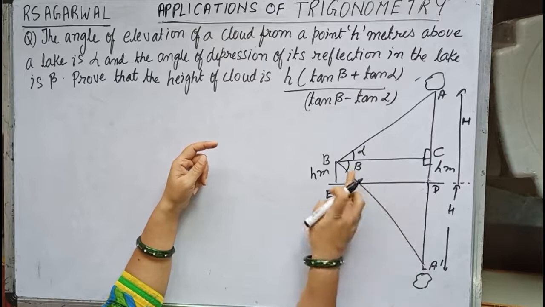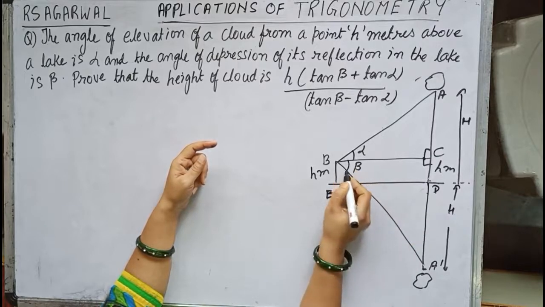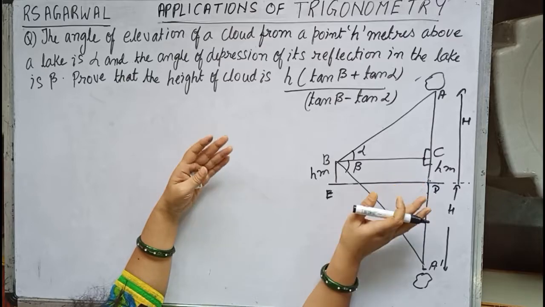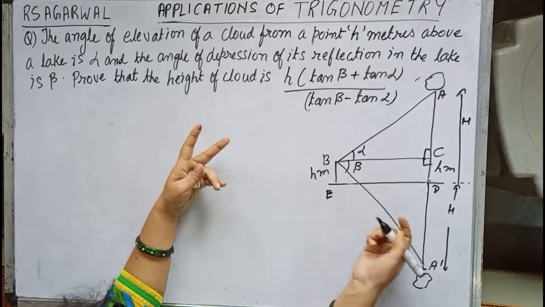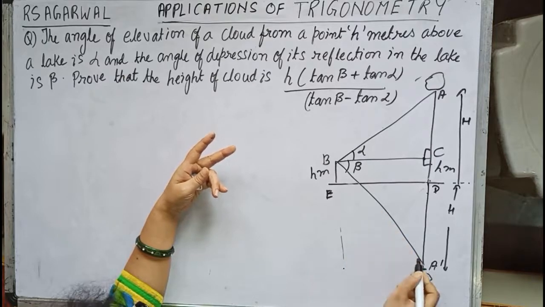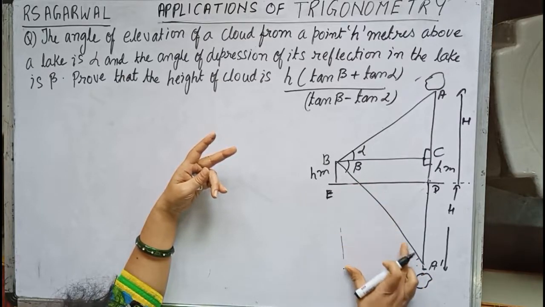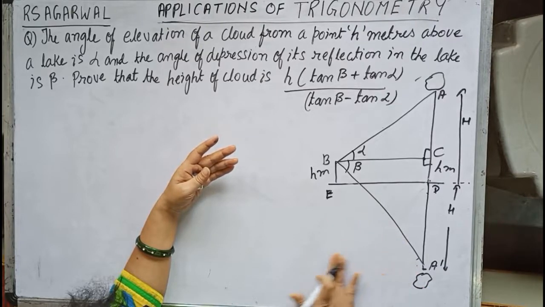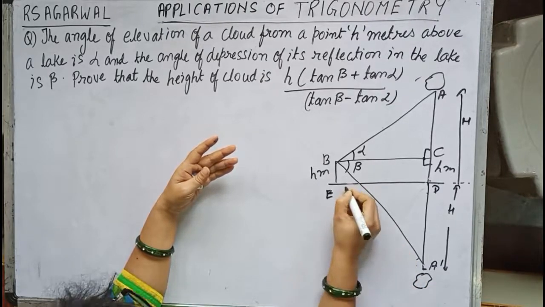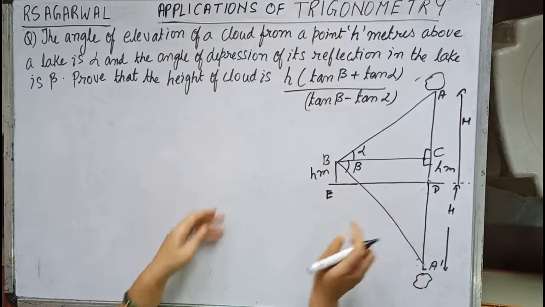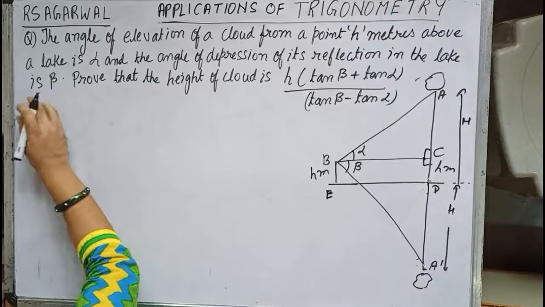Children, over here this is the angle of depression. Obviously this angle is in the clockwise direction, but in standard 10, as I said, negative and positive are not considered. If you want to make it positive, you can construct this angle beta here, and do the same calculation in this triangle as well. But as I said, in standard 10 negative angles are not considered, so we can do our calculation in this triangle only. So let us proceed.